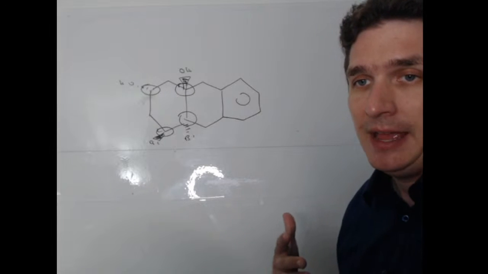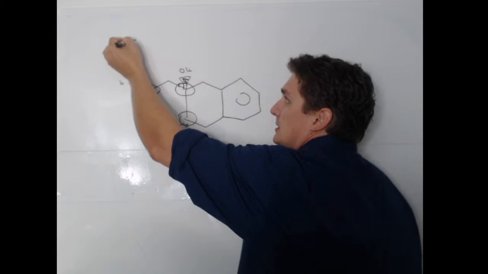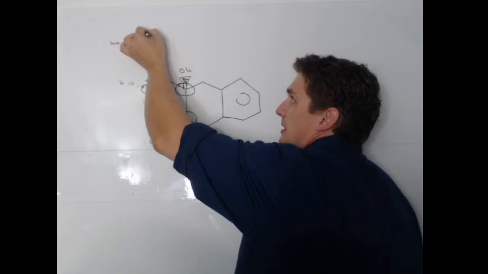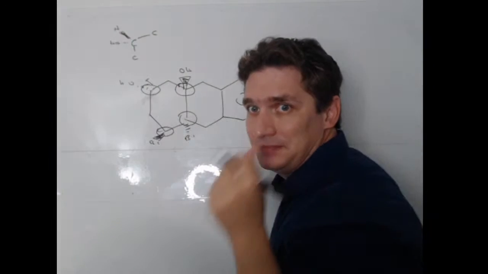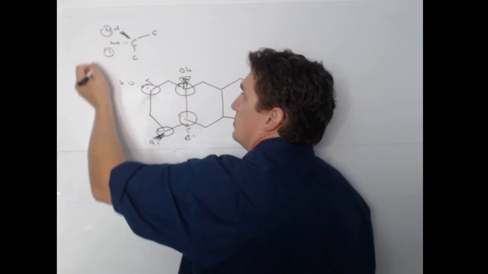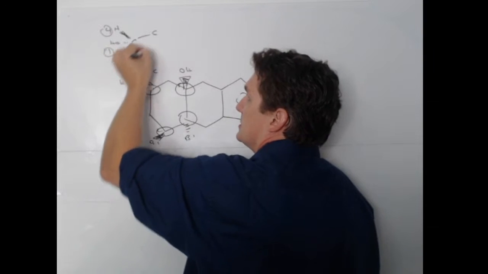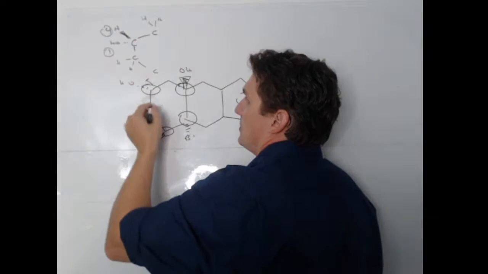Now we start looking at what's bound to them. So we do this first one. We've got a carbon bound to an OH, bound to a carbon, bound to a carbon, bound to a hydrogen. Hydrogen here is going to be lowest priority, 4. Oxygen is going to be the highest priority, 1. This carbon is bound to a carbon and 2 hydrogens. This carbon is bound to 2 hydrogens. And then as we start working our way out,